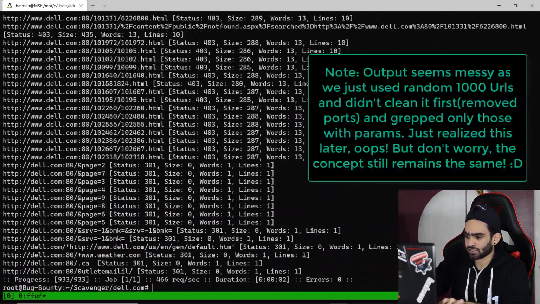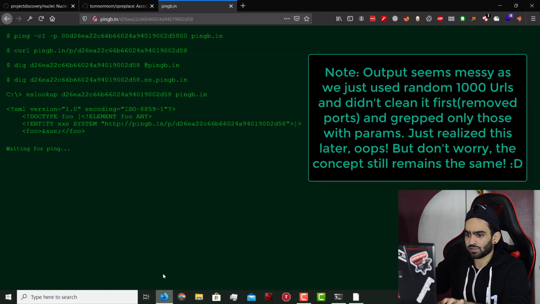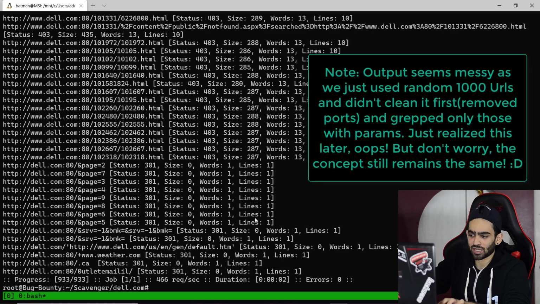So you can see all the URLs are being probed. I should have just done silent, but never mind. And as you can see, we do not have any ping here, but this was just to show you that you can try this as well. As you can see, there are numerous ways you can try to use those URLs to your advantage and try to automate all the trivial vulnerabilities. And even if we do not find anything, what's the harm in that? We just need to keep the script running while we do our manual work and try to hack on a particular subdomain.